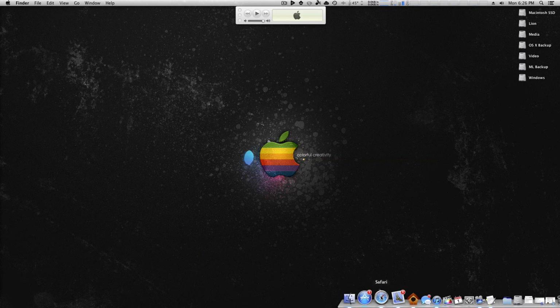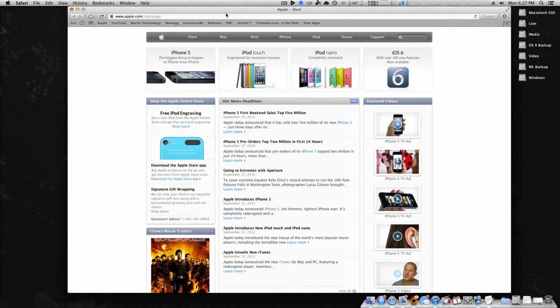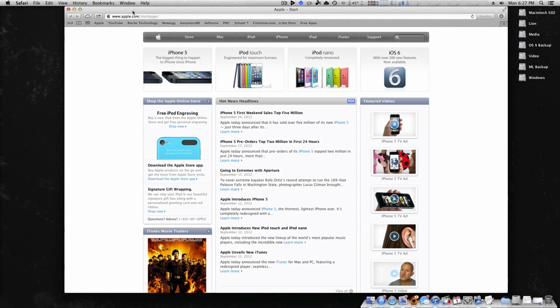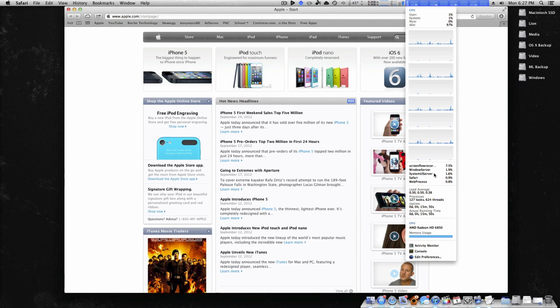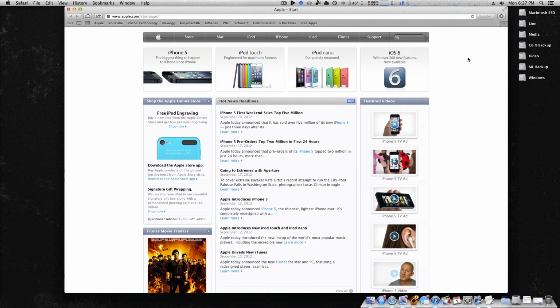So for example, if I have a full screen app here, if I'm doing some video editing, or if my system is slow and for some reason my CPU usage is way up here, I can actually just click right here and see what's taking up all my CPU usage. So even just little things like that, it is very, very convenient to have everything right up here in the